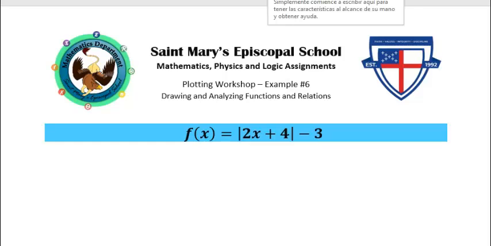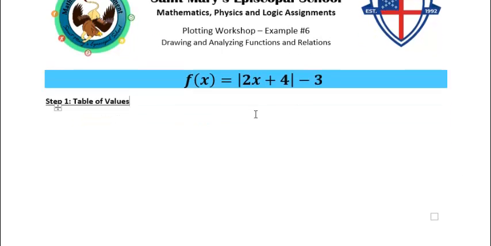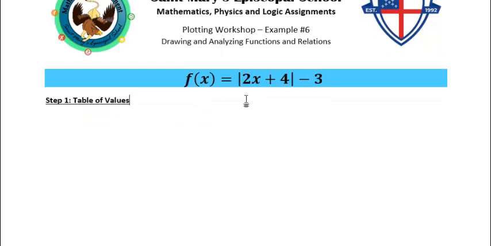Okay, we're solving exercises of the plotting workshop. In this case, we're gonna work with an absolute value function. So we're gonna begin doing step one. Step one is basically filling in the table of values. For this type of functions, the table of values that we're gonna use